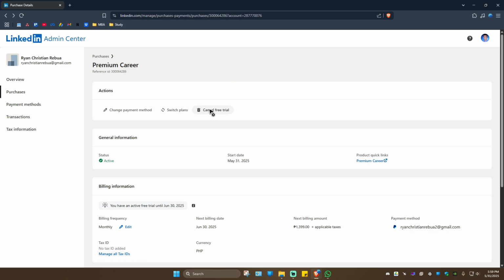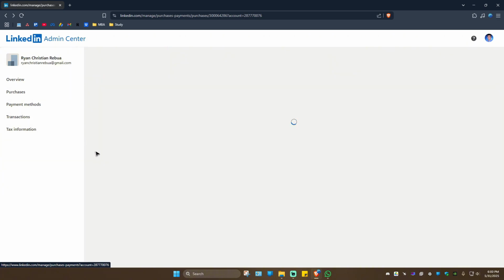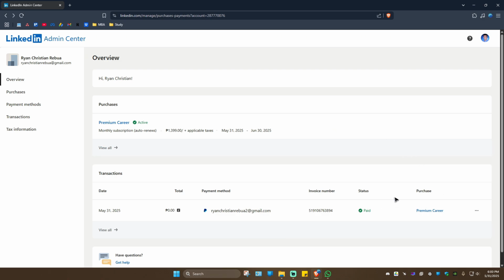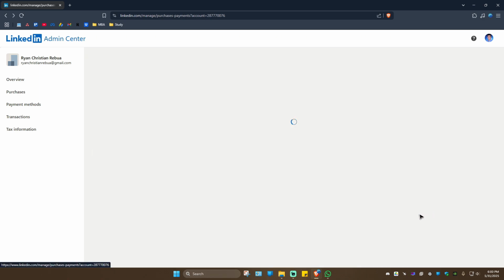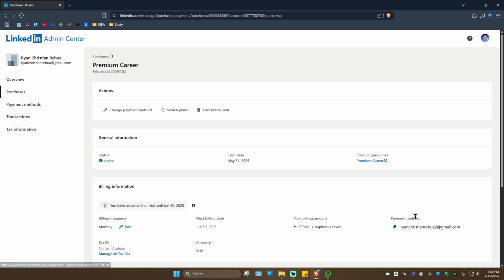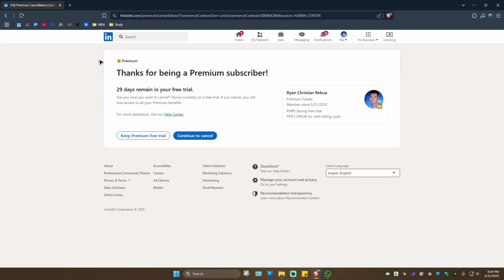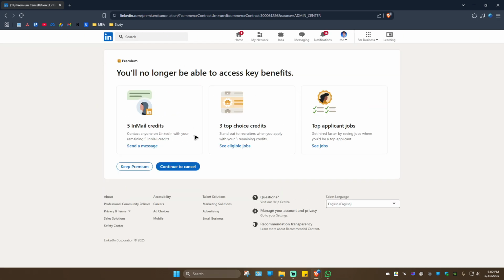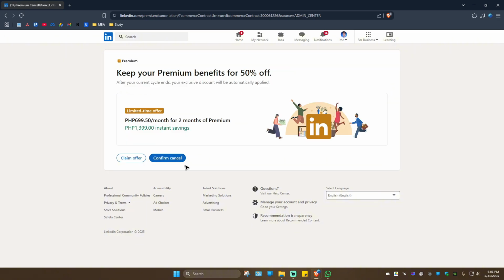Now, if you can't see it in this page, just go ahead and go to the left panel and click on overview. Okay, click on it. And just go ahead and go to the right side and click on premium career. Okay, click on it. Now in here, you'll be able to find the cancel free trial button as well. Just click on it and then click on continue to cancel, confirm